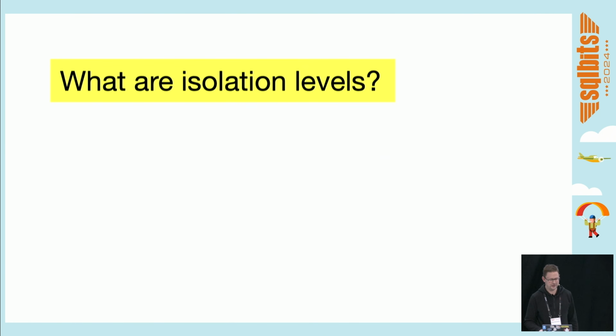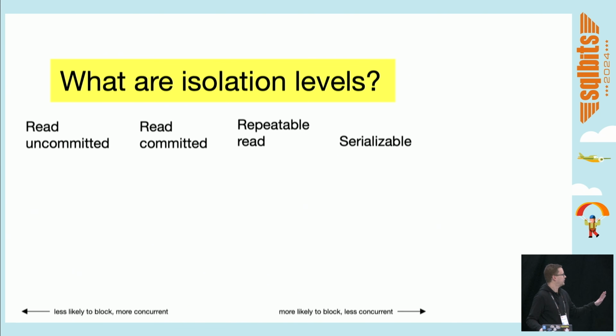We're moving into the fun stuff. So here's a summary of what we've talked about. We have read uncommitted all the way on the left, which means you can see anything, whether it's committed or not. It's just a mess. You can see duplicates. Rows can be missing. You can see incorrect results. You will very likely see stuff that someone is going to roll back. And notice the arrows at the bottom. To the left is less likely to block, but more concurrent. Anything goes, right? Just get in there and do whatever you want. Whereas on the right is serializable, which is more likely to block, but less concurrent.